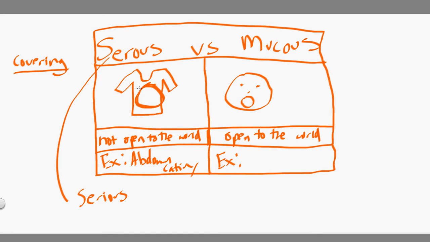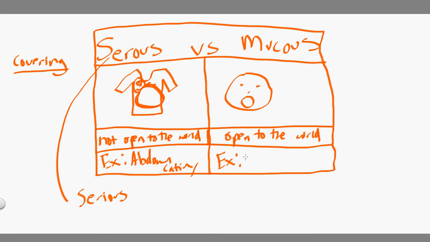So another example would be the heart. The heart is a serous membrane because you cannot just stick a medical device in your mouth or your ear or whatever and just reach the heart. You have to cut the person open, do an operation, and look inside. That's a serous membrane. Now, the mucous membranes are open to the world, meaning an example here would be the